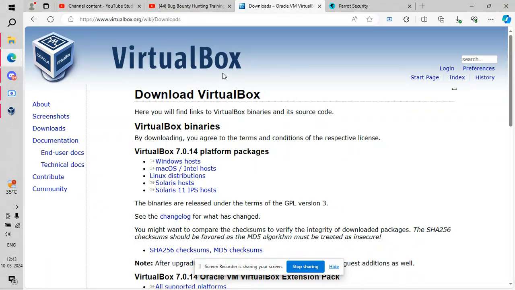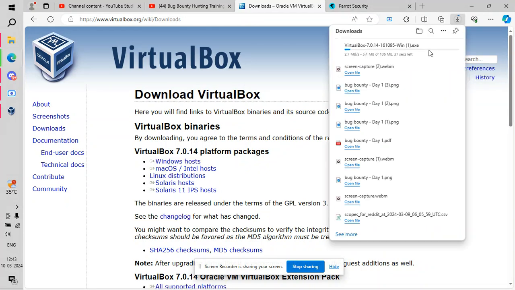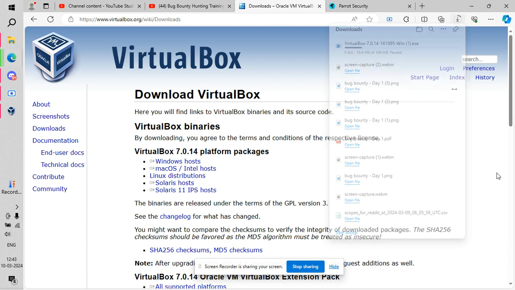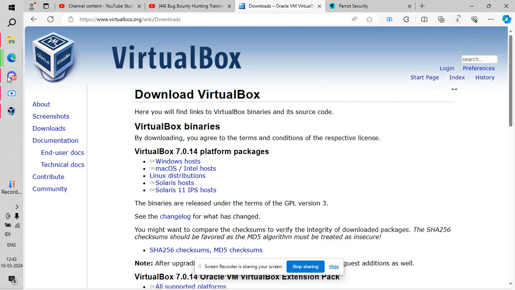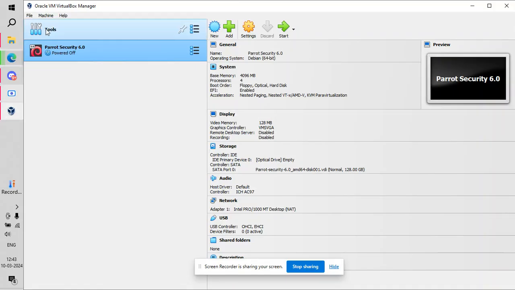So here, this is the link, I'll put it in the description itself. Here you can go for Windows host and install it normally. Just double-click, click next and go. It's a normal installation. After that, you can open it and you will get an interface like this, and we have to install